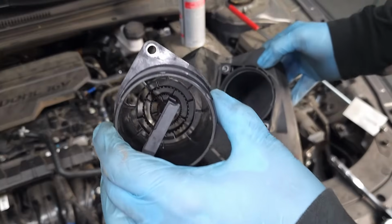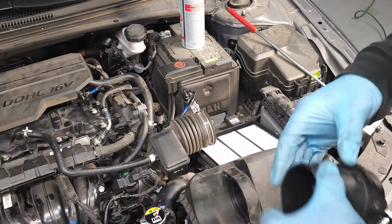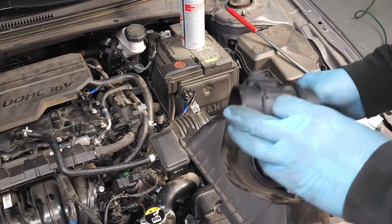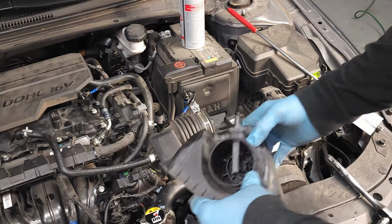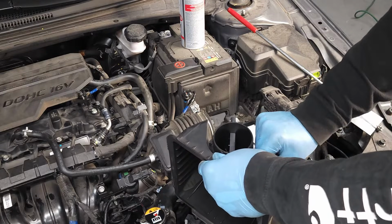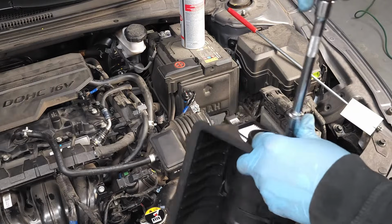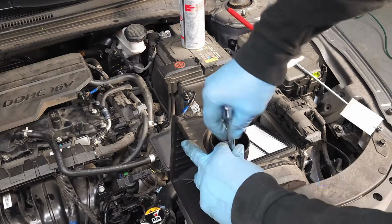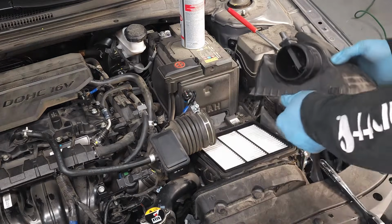At this time, we're going to get this installed back in the filter housing and get this video moving forward. So it only goes on one way. Okay, on my screws. Get the screws started. This has to be snug. Like that. Okay, next we're going to go ahead,